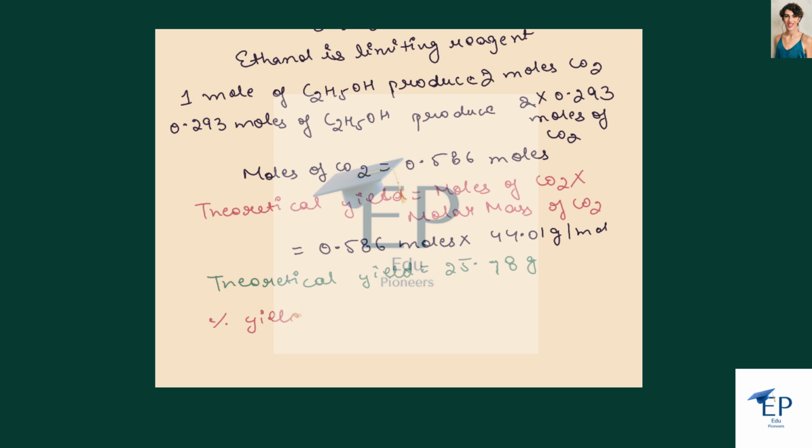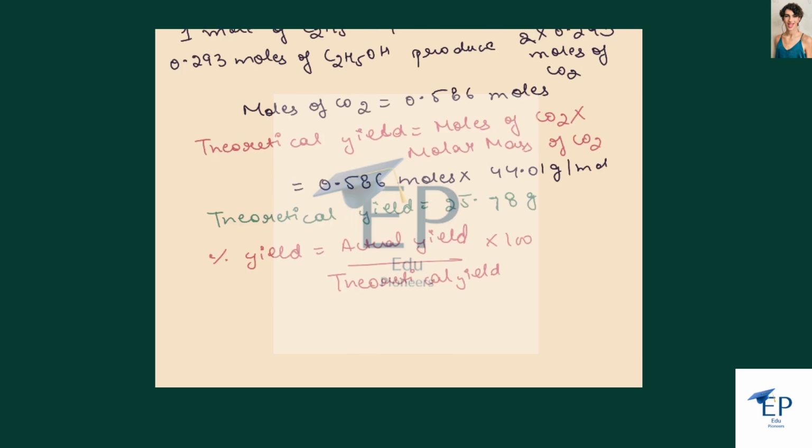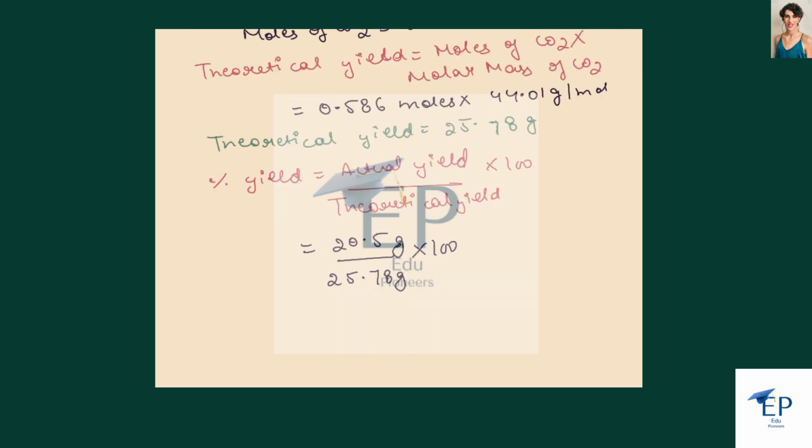Now after that we have to find out the percentage yield. So the formula used to find out the percent yield is equal to actual yield divided by the theoretical yield, and this will be multiplied by 100 as we are solving for the percentage. Now the actual yield value is already given in the question, so this value is equal to 20.5 gram and the theoretical yield is 25.78 gram, multiplied by 100. So now after that we can find out the percentage yield. So the percentage yield comes to be